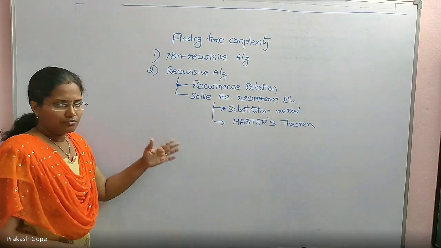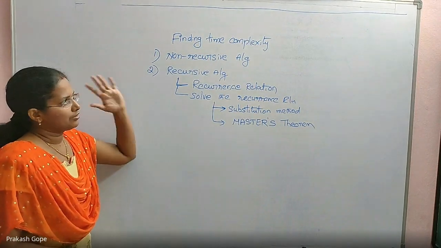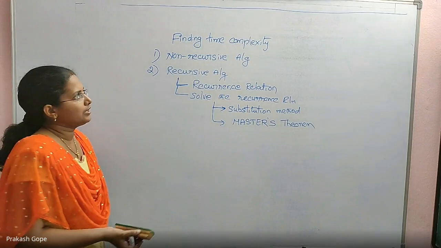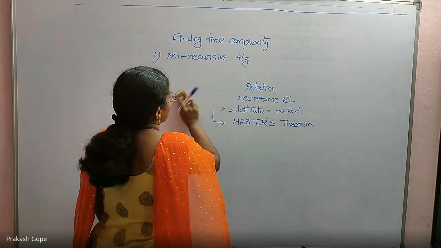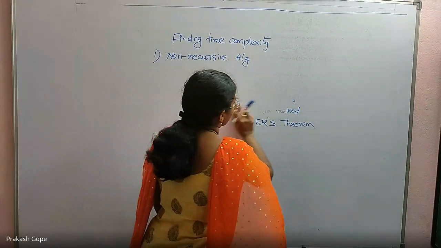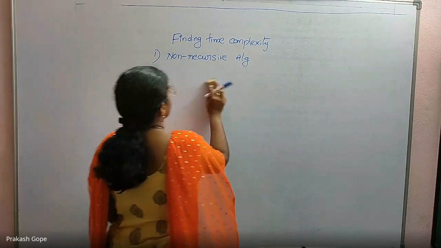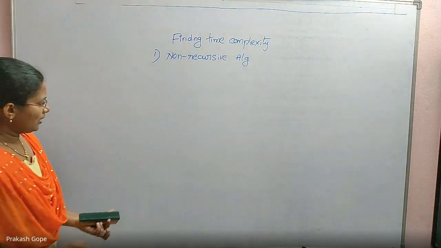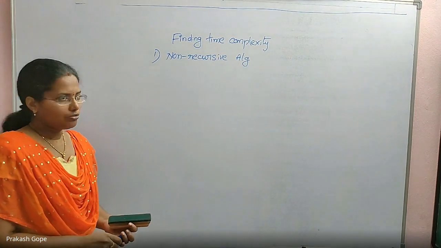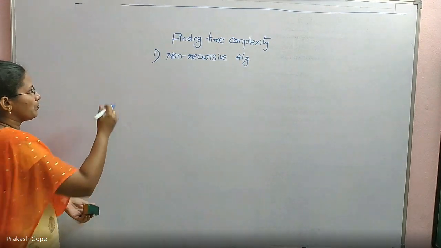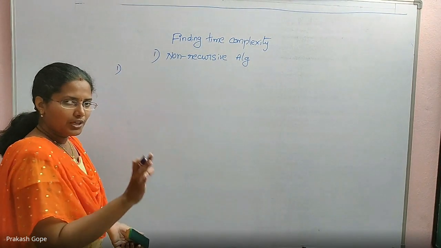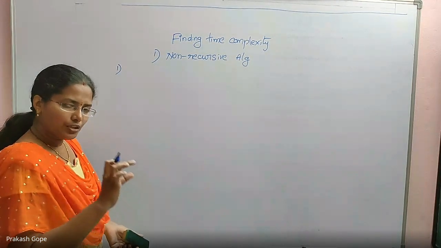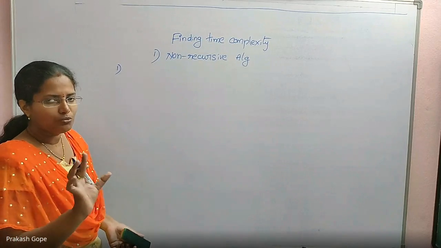So this is the order which we are following now. First one, non-recursive algorithms. Finding the time complexities of non-recursive algorithms. I'll write different algorithms now. You should tell me the time complexities of each and every algorithm. I'm not going to write from the main function onwards. I'll just write one for loop. If there is only that for loop in the main function, what is the answer?